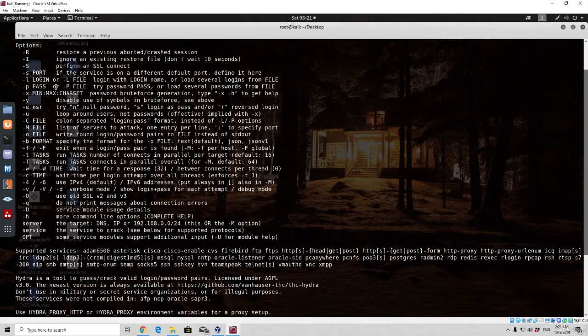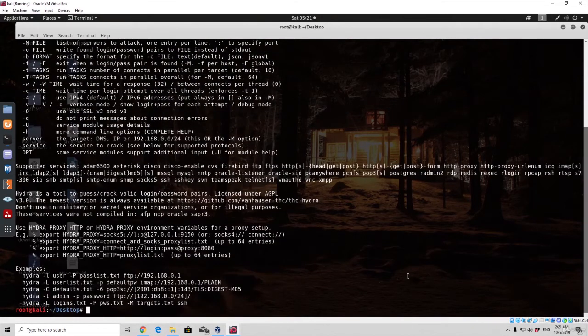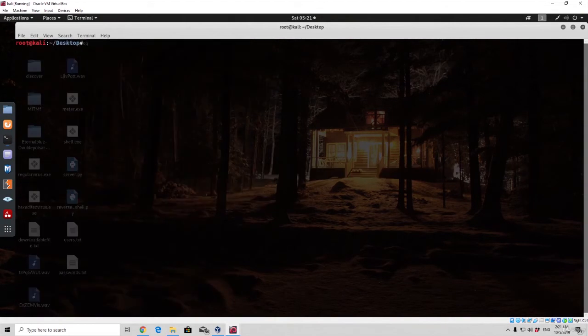But if you want to specify a file, which it should use to brute force the username and password, you would specify capital L and capital P, and after these capital L's and P's, you will specify the file name or the file path. Okay, so that is what I wanted to say, and right now let's start off by typing hydra, and then the IP address of the target machine that we are attacking, which is